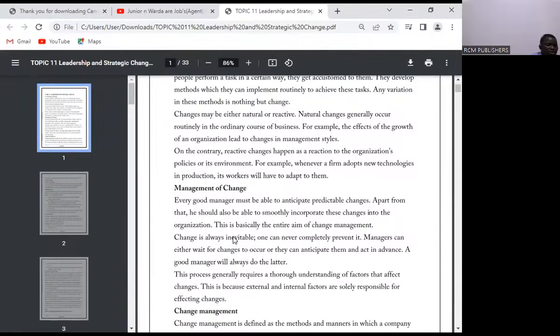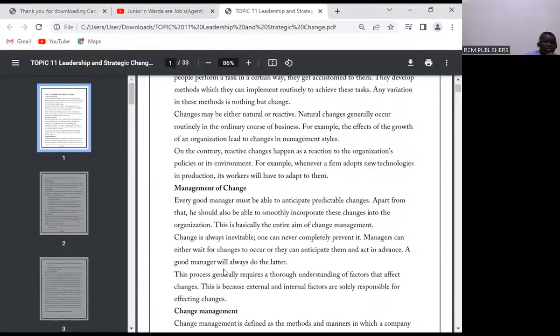Change is always inevitable. That implies that change cannot be avoided. You cannot run away from change. Once it has faced you, you have to respond. You have to be able to take certain measures to incorporate the alteration or the modification needed. More so for the business organization,